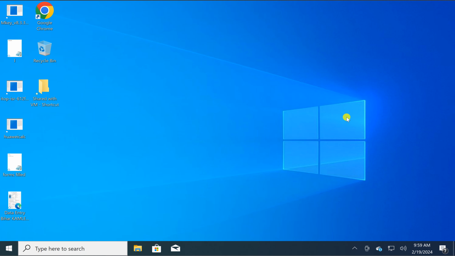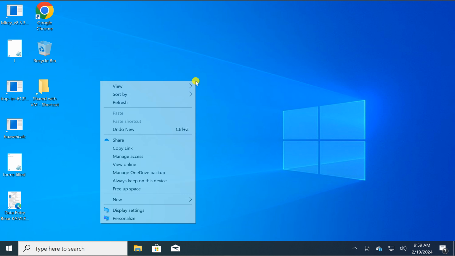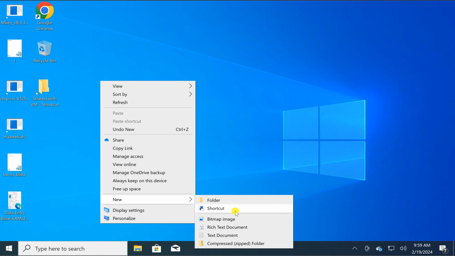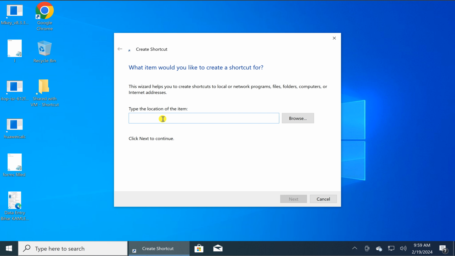In this video, we will guide you on how to create a desktop shortcut for shutdown on Windows 10 PC. For this, right click on the free space on the desktop and select New and then Shortcut option. In the box, you need to type shutdown space /s space /t space 0. Here 0 is the timer.